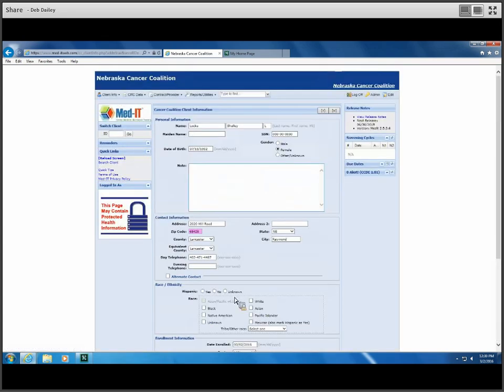Also, I want to go back to the notes. Say, for instance, this client has added something to her program here, like maybe a change of address. Her date of birth is different than what she did the first time. So what you're going to do is do notes. And this is to let you know that something has changed on this client and you have changed it. So you're going to put in the date that you're doing it, and you're going to put the name of the client